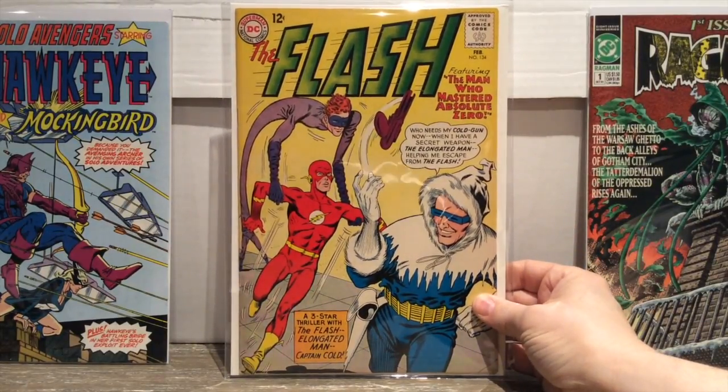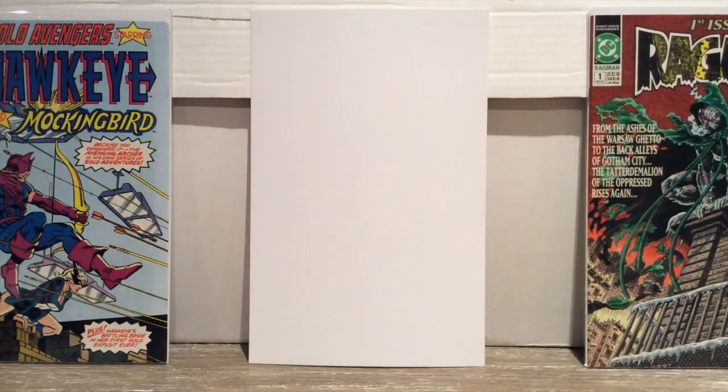And super happy to own this. All right, guys, I got 2 more things to show you, and this is going to blow your mind a little because, as you know, I'm not a CGC guy because I want to read my comics. Don't put them into a case where I can't open them. Stop it. But I found 2 comics in a great condition, 2 comics that I love, that I also have